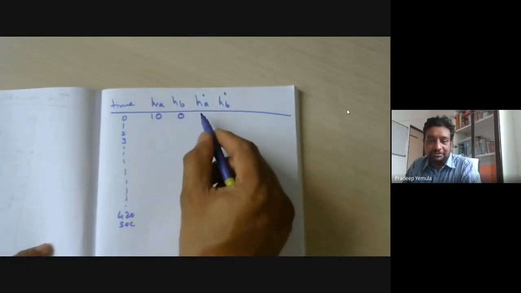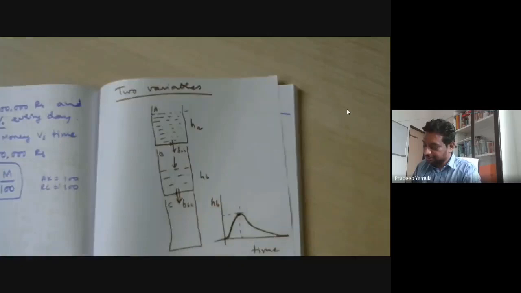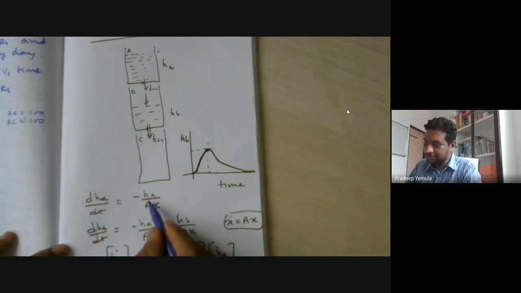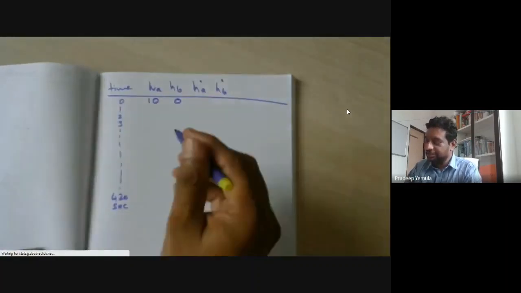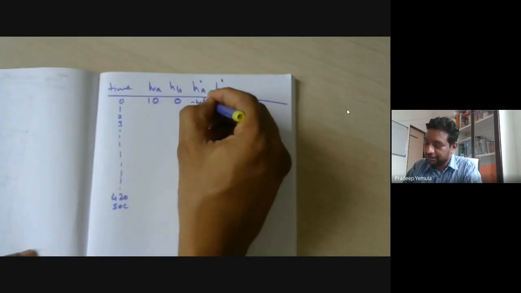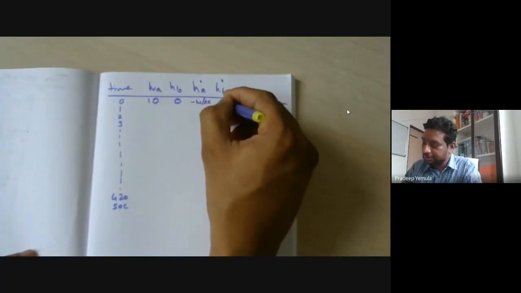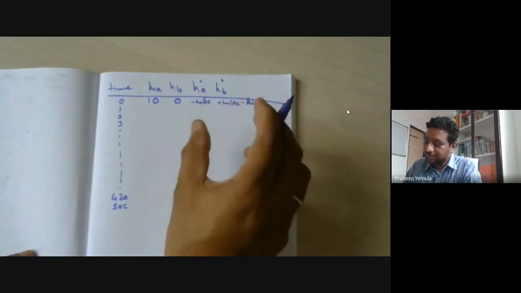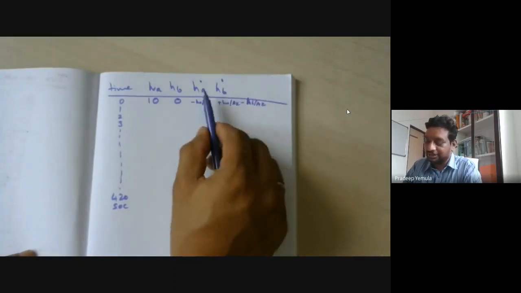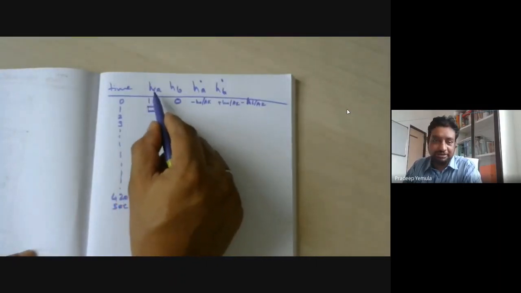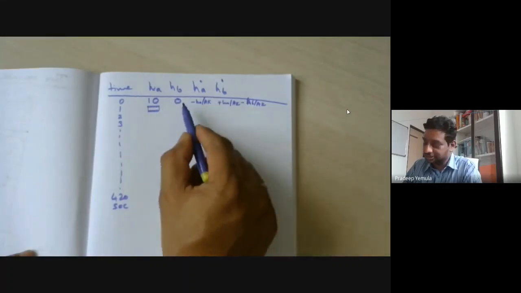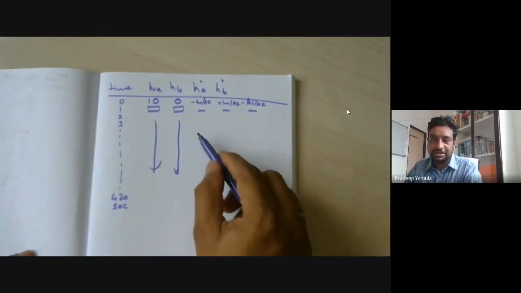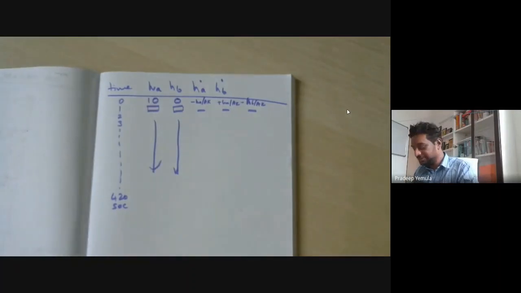And what is the HA value and HB value? So if I go back, so here I can get the HA value. This is the HA dot value. So minus HA by AK. So here I can simply give a formula minus HA divided by AK. Similarly here I can give plus HA divided by AK minus HB divided by AK. So by giving these two formulas, I can know these two values. Then the next value will be nothing but the previous value plus the change like this. And then this formula will be same. And then I can simply drag these formulas, and finally I can get the HB value. So this I just explained.